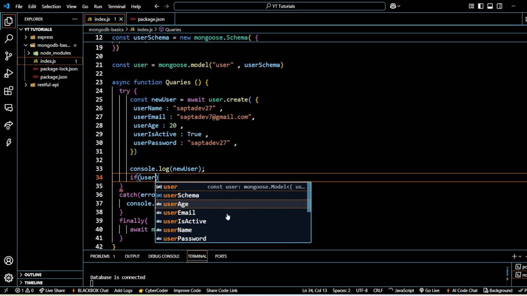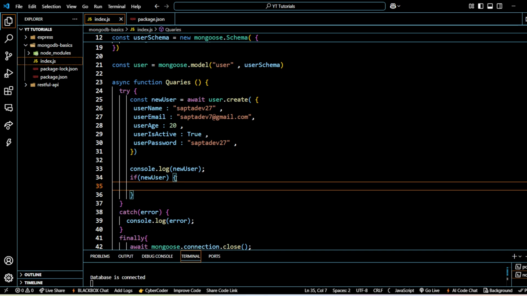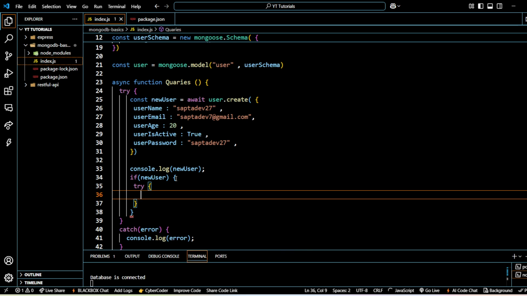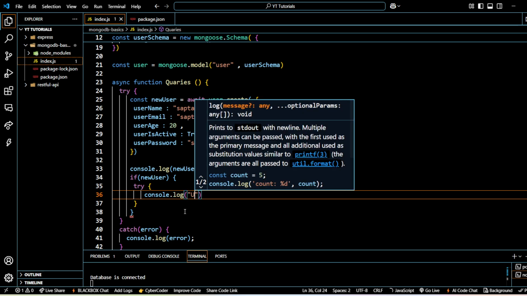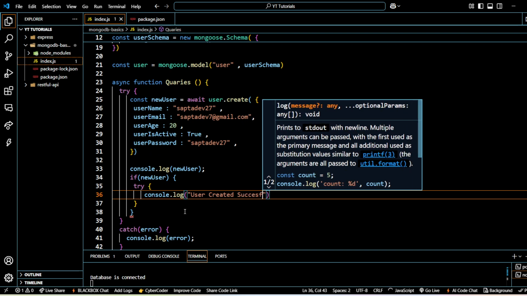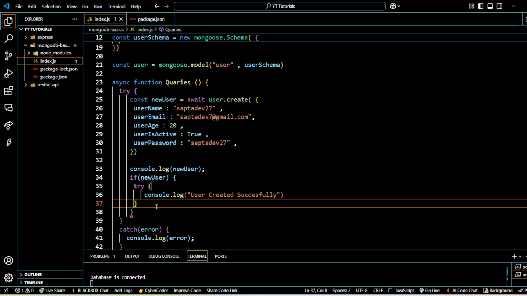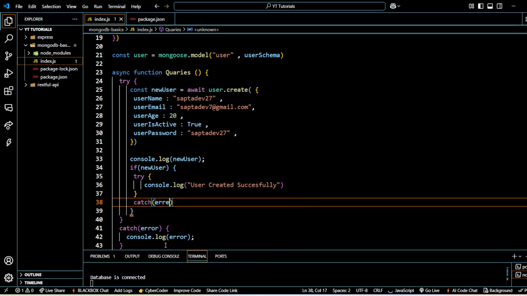If new user, try, console.log user created successfully, else inside catch,